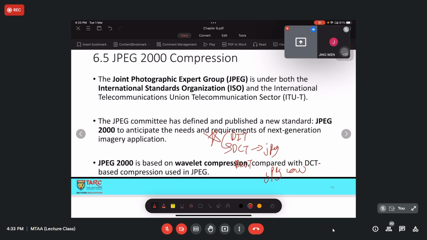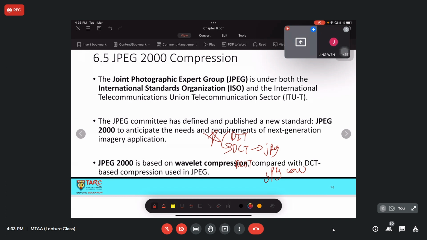So when you convert to another domain, you will lose the original image information, because your information is not available in the frequency domain in this particular case. So JPEG then proposed JPEG 2000, sorry.